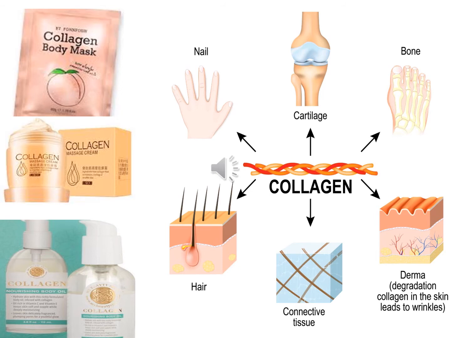There are many varieties of collagen, and in this modern world, collagen plays a very important role in the cosmetic and dermatological industries. You have so many ads about collagen face masks, collagen creams, collagen being used for eating purposes. So what is collagen? It is a very important protein, and it is the most abundant protein in the body. It is widely distributed in the body, present in the bone, hair, nails, teeth. So we are going to discuss it in detail now.